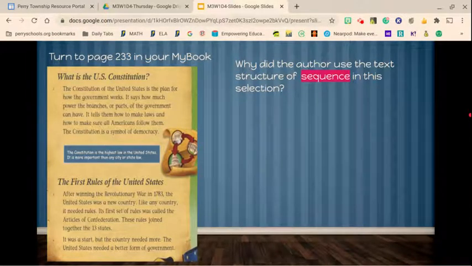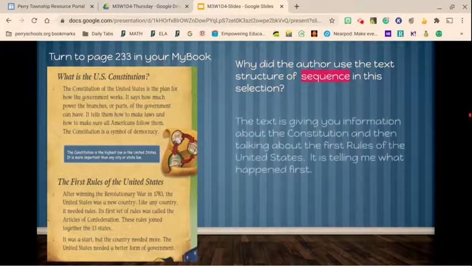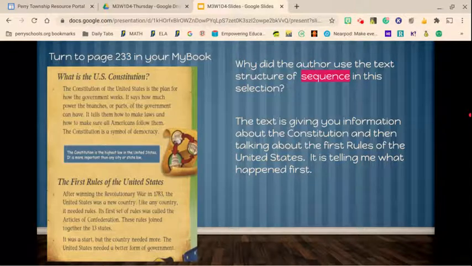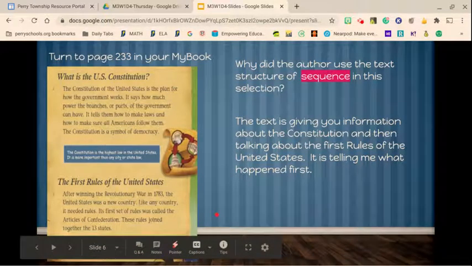Why did the author use the text structure of sequence in this section? So I'm trying to figure out why the author would want to put these events in sequence. And so I started thinking about it, and the text is giving me information about the Constitution, then talking about the first rules of the United States. It is telling me what happened first. I'm guessing that as I keep reading, they're going to tell me what happened next, because it says at the bottom, it was the start